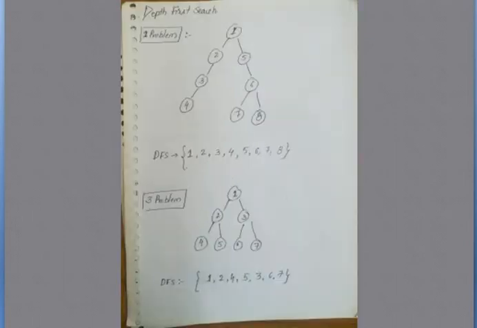Now we'll see some more problems related to the depth first search. The depth first search is just like the pre-order. If we consider this tree, we go 1, 2, 3, 4, and then again we come back to this place and again go in depth. For this problem: 1, 2, 4, 5, then backtrack, 3, 6 and 7.